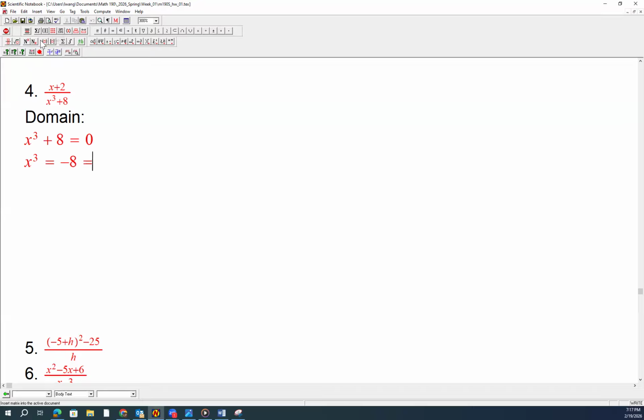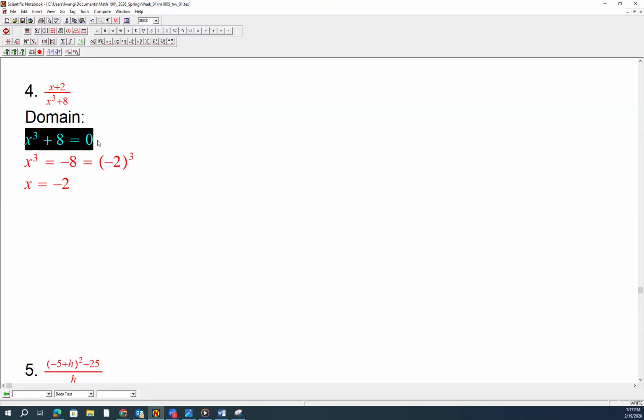Negative 8 is negative 2 to the power of 3. The result, x is going to be equal to negative 2. So negative 2 is a number that causes the denominator to equal 0. Therefore, for domain, x cannot be